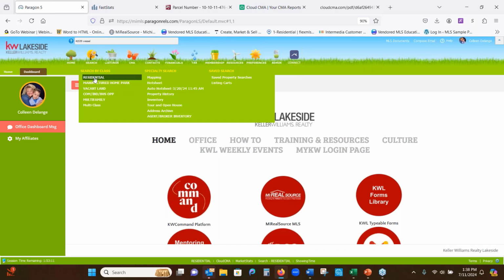Anyway, you can do so much under search. You can find other agents and their listings. You can find your own inventory for a certain date. If you want to call